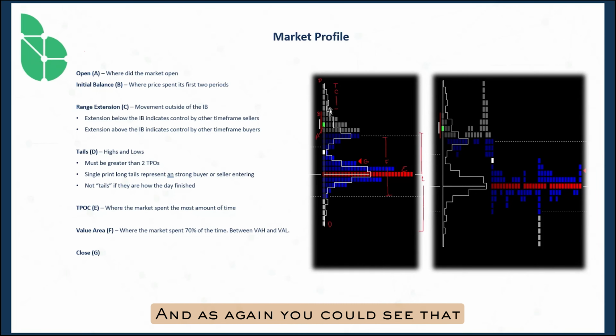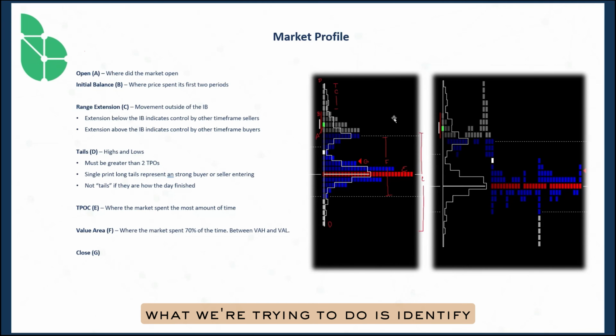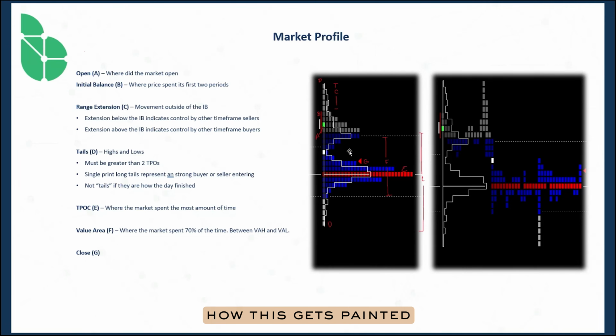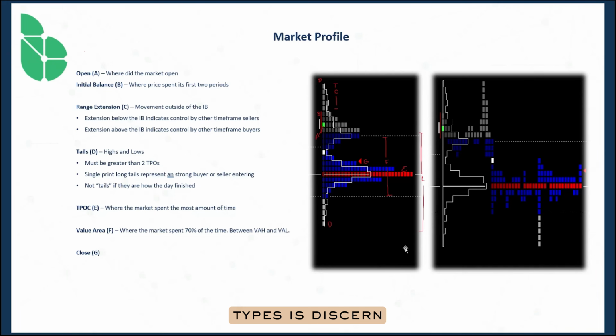And again, you could see that this TPO chart, when it's opened up, resembles what you would see on the 30-minute bar chart. So remember, what we're trying to do is identify certain patterns, because we're not going to see this until it's over. So we want to start to identify how this gets painted so that when we start a day, we could begin to, based on maybe the initial balance, who we're seeing step in, if we're seeing range extension to the downside or to the upside, if we're seeing volume not confirm an upside movement and auctioning lower, what we're going to try to do based on our Rolodex and our memory of certain day types,